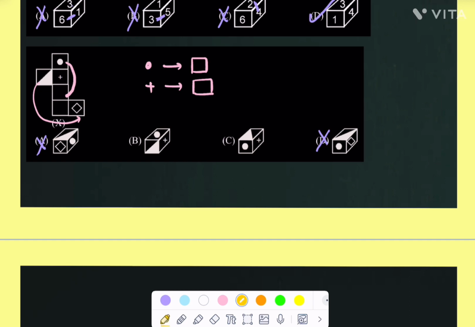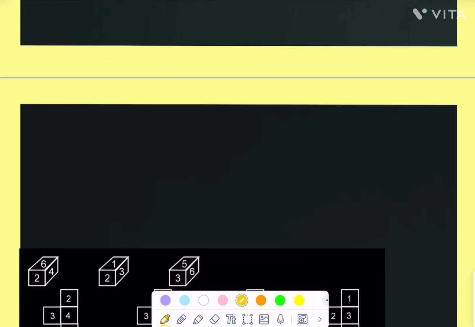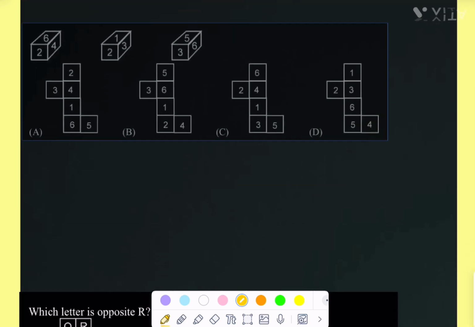And now we'll check once more, right? When compared to the plus sign, the dot is anti-clockwise to that position. So in the plus anti-clockwise direction we get the dot, right? And in the plus clockwise direction we get the triangle. But here the situation is different, so it is not matching, right? Your option is option number B. We can solve the question very easily.